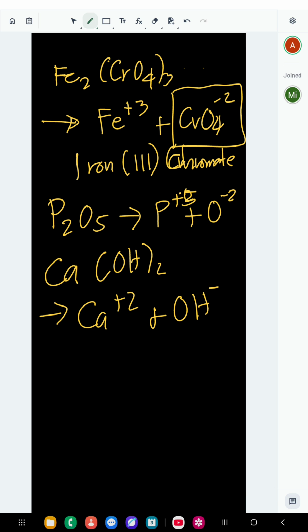You don't need to put that one because that is the charge of calcium. So that is calcium hydroxide. Then the next one,